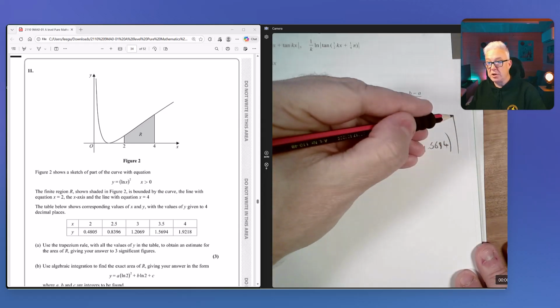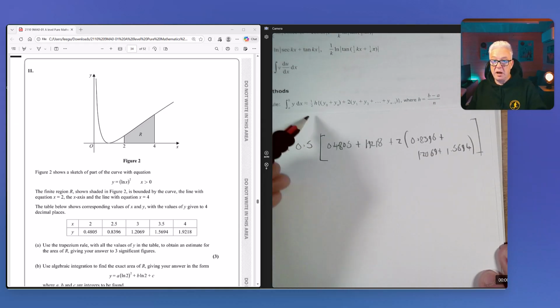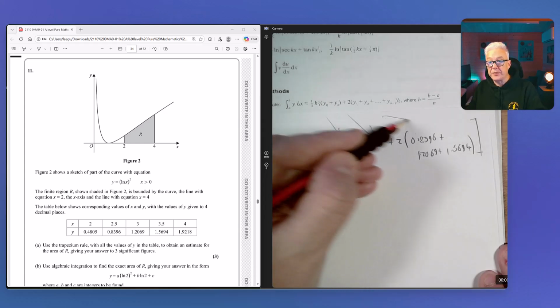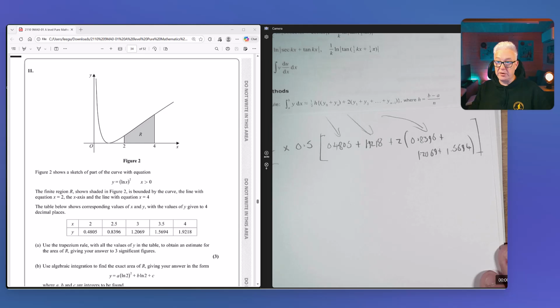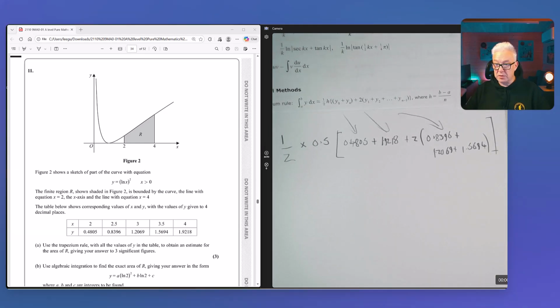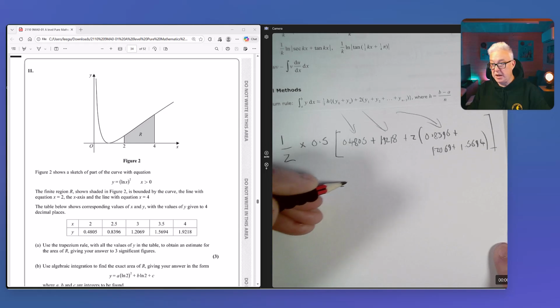So literally all I've done there is sub in the half, the h is 0.5, the y0 was that value, the yn was that value, and then twice all the values in the middle of the table. So when we work all of those out,